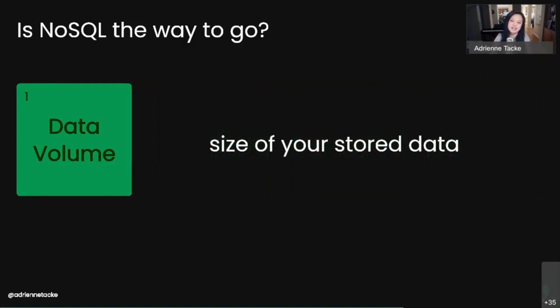So to start, data volume, meaning the size of your stored data. How large is your stored data? And if you look at the data sets that we have now, large data sets are becoming even larger. They are so large, in fact, that they are almost becoming too unwieldy when we store them in a traditional relational database model. So what that means is whenever we have to query against